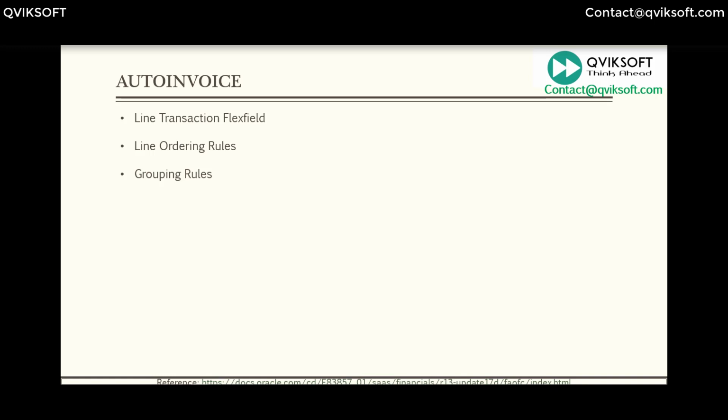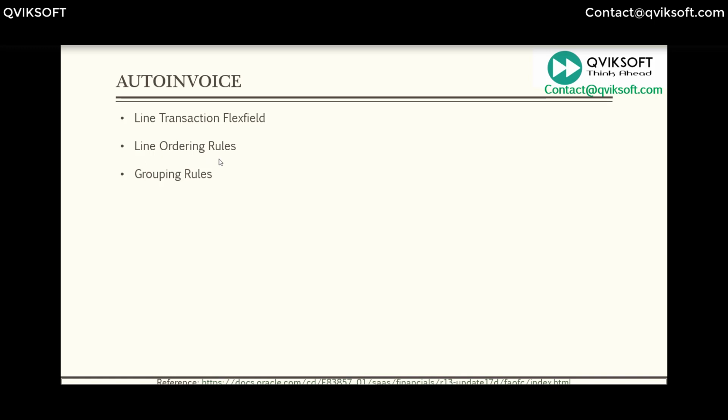Just to give a simple example, if I have a source system, I can give whatever invoice number was created from source system, invoice ID, invoice line ID, all those unique fields which you can push to receivable, so that if you have to refer back, you can use that information to refer back the details in your source. So line transaction flex field helps you connect back to your old system.